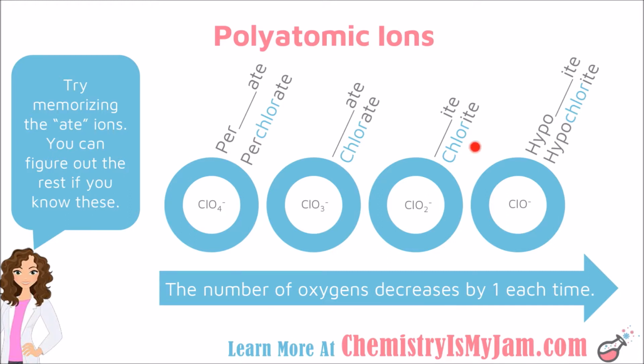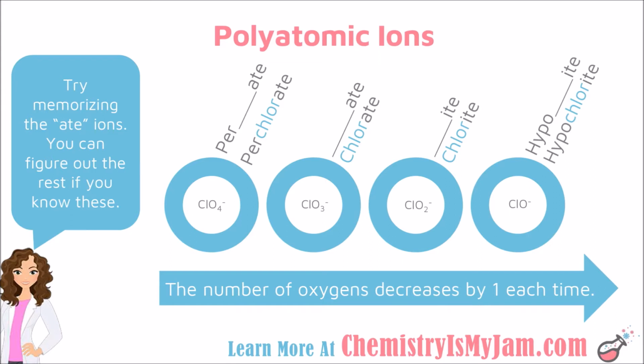To go from chlorite to hypochlorite, another oxygen goes away. Going back to the chlorate version, to go from chlorate to perchlorate, an oxygen gets added. So if you know the ATE version, it's easy to change the number of oxygens to get to the other polyatomic ion. Another example, if you know that sulfate is SO4 with a charge of -2,